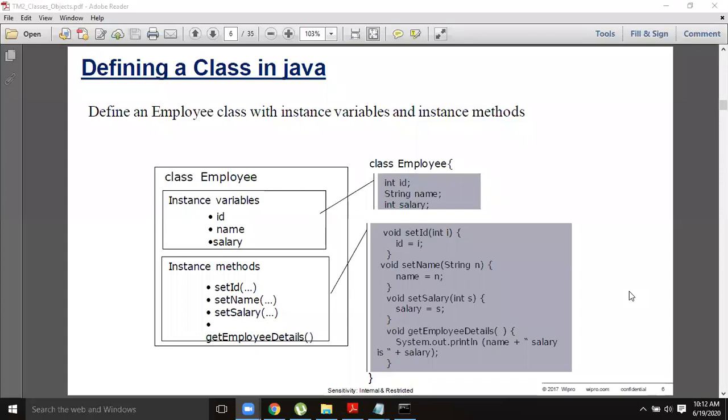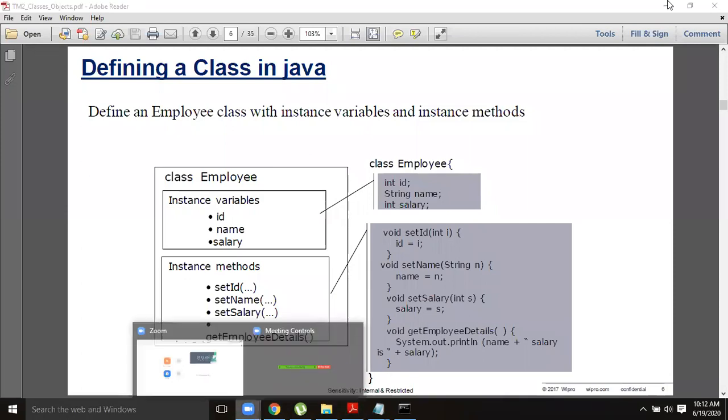Hello? Sir, it's not audible, sir. It's some mic issue from your side. Hello. Sir?